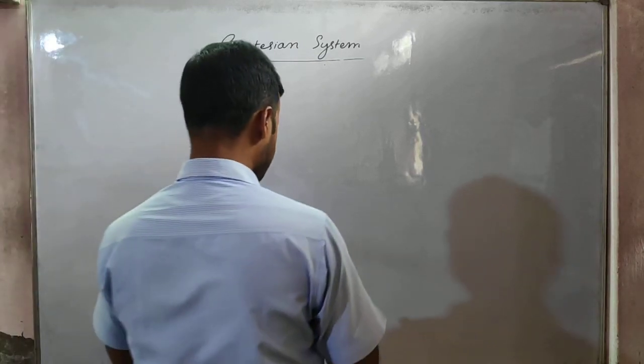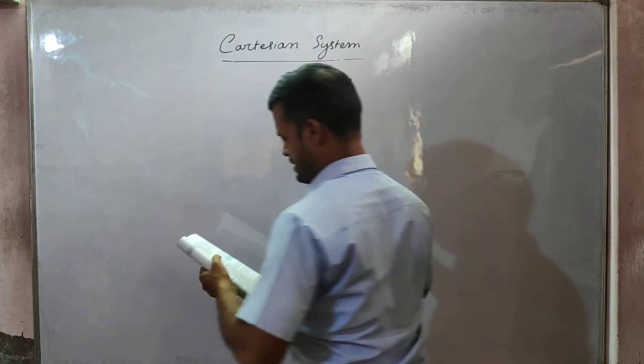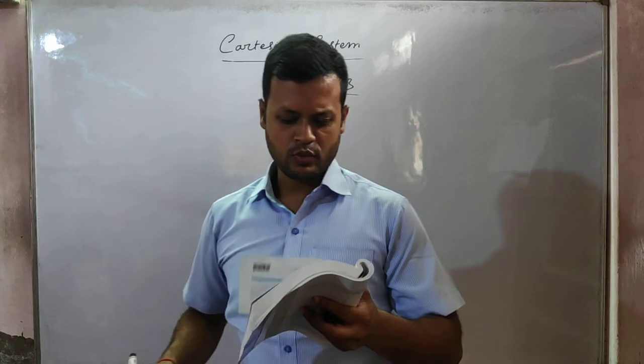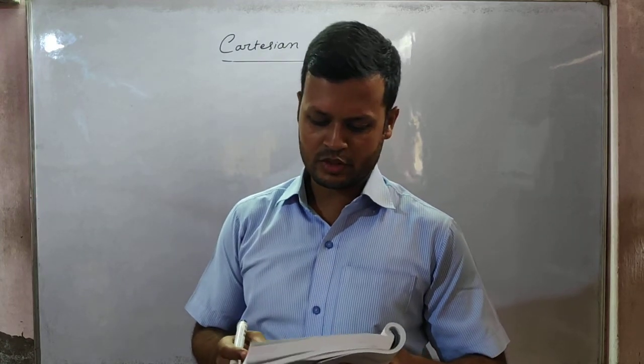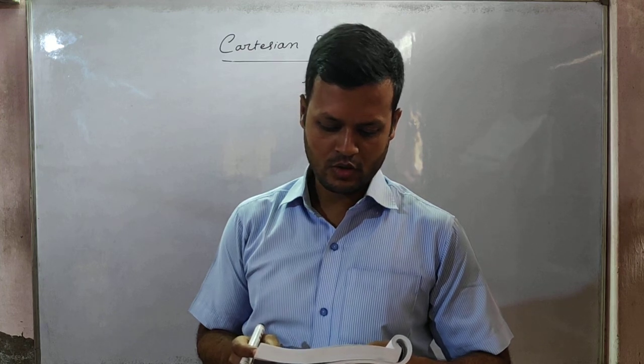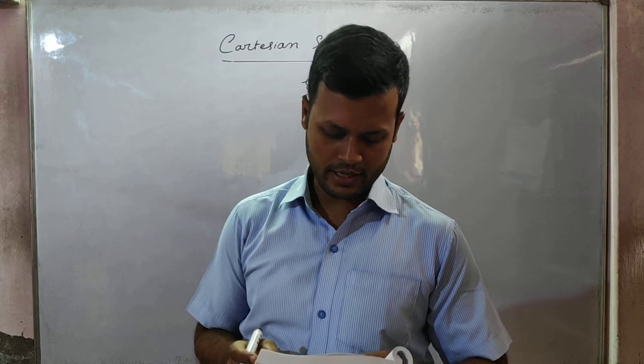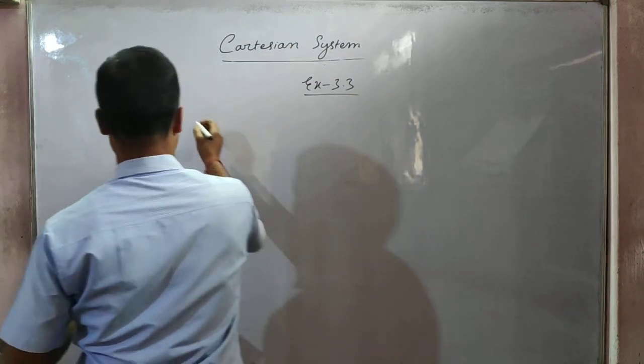So students, next let us come to exercise 3.3. In which quadrant or on which axis do each of the points (-2, 4), (3, -1), (-1, 0), (1, 2) and (-3, -5) lie? That means number 1.